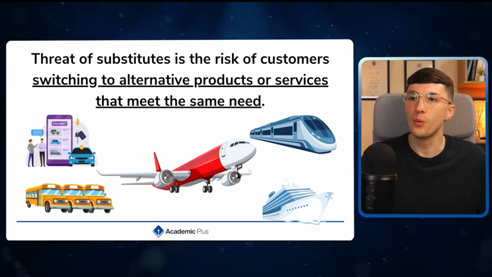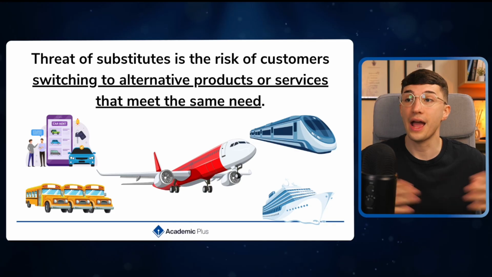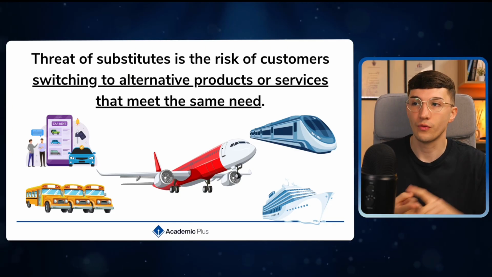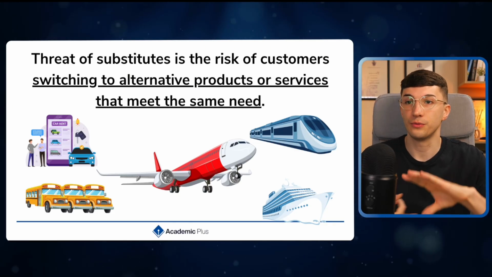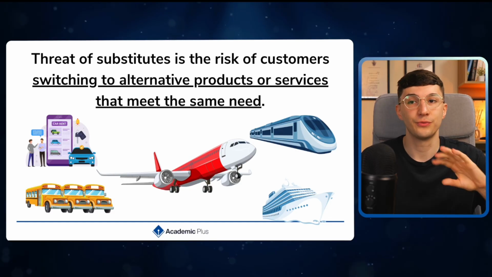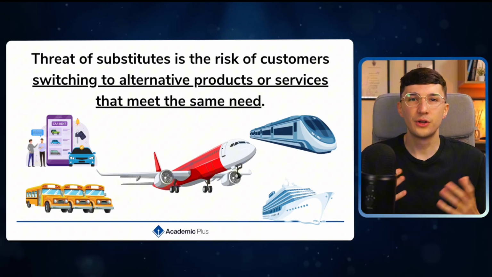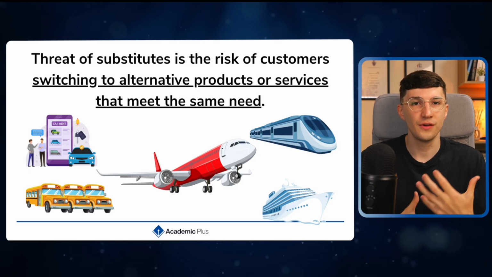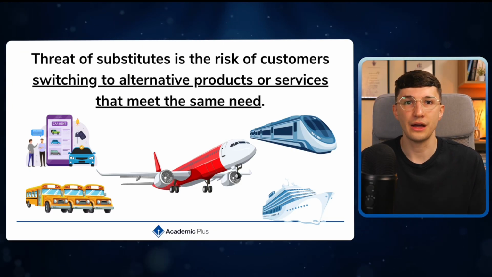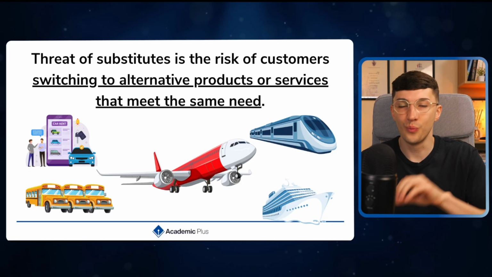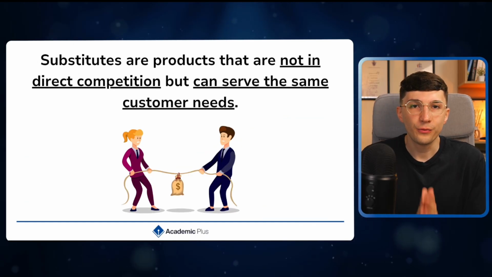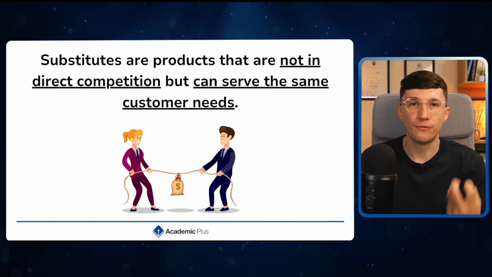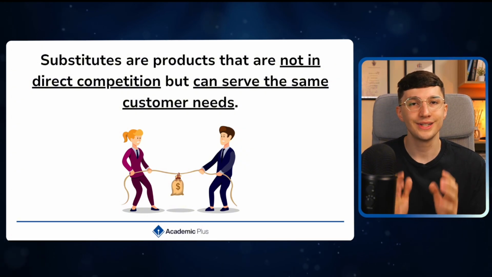service. So for example, when I look at the threat of substitutes for an airline business, well, it could be car rental companies, it could be transportation through buses, it could be transportation through trains or through ferries. Because when you think about it, they still serve the same customer needs. You can still get from one place to another and from one country to another. So with the threat of substitutes, these are not your obvious direct competitors, but you still have to be aware